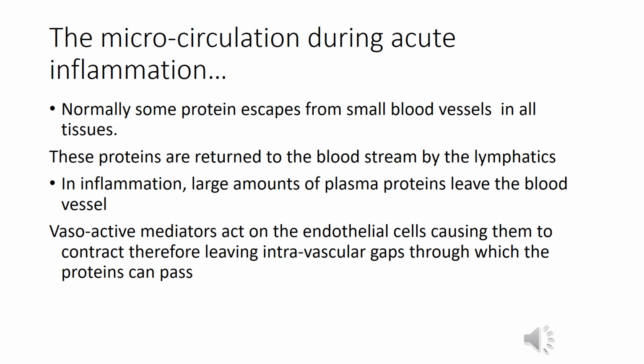So, if the inflammatory reaction is very severe, large amounts of exudate will form, and large amounts of protein will also escape. Okay? And how does that happen? Remember, we talked of the inflammatory mediators. Some of them are vasoactive. They are the ones which act on the endothelial cells, causing them to shrink. And when they shrink, the interspace between those cells is increased. That is how the permeability is increased, allowing all this escape into the tissue space, which we also call the third space.